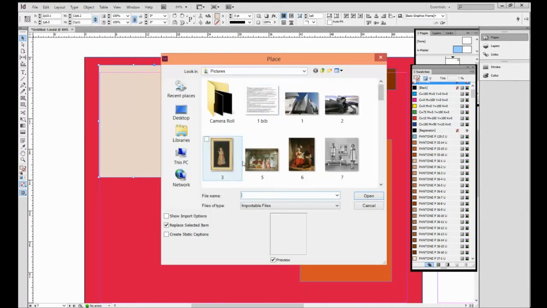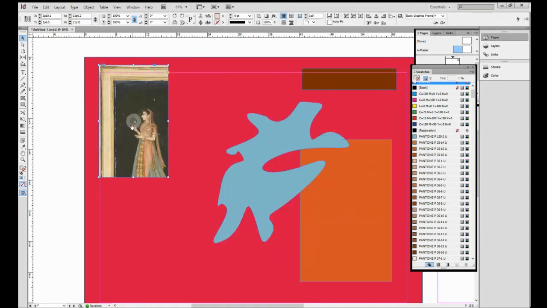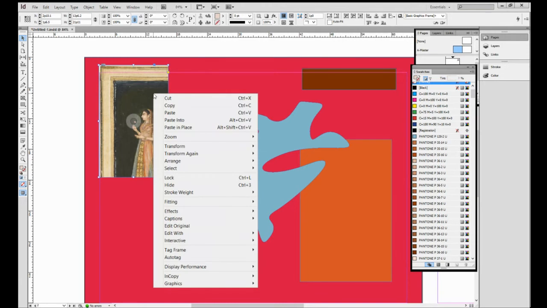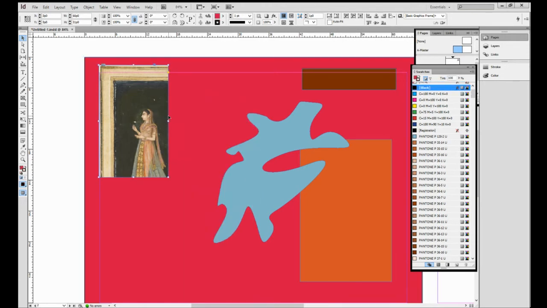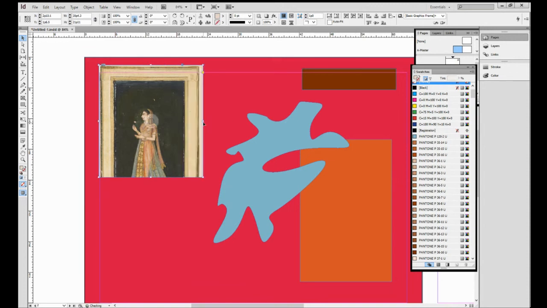And it's going to have your folder where you have all of your photos saved. Remember, you want to keep everything in the same place so that InDesign will be able to find it the next time. Okay, so you'll notice that my shape does not fit my bounding box at this point. There's a couple ways to handle that. You can either actually adjust the size of the bounding box, which is really easy for cropping. InDesign is great for that because you can crop your edges very easily just by clicking the sides of the